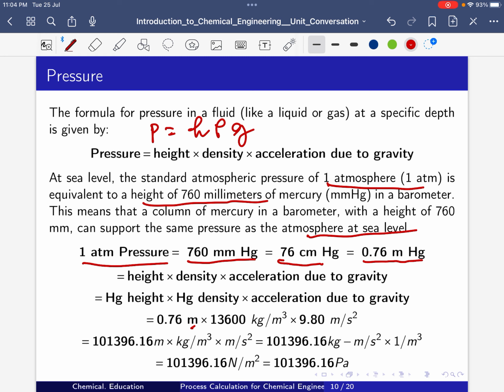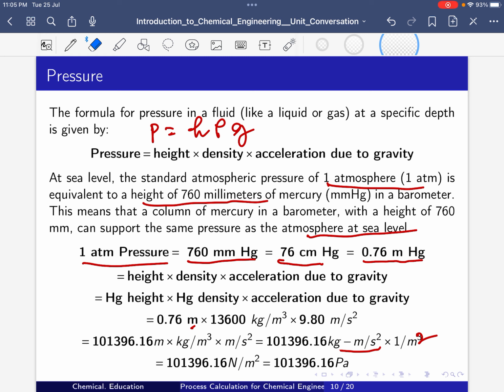So meter will cancel, so that will be meter square. So 1 kg meter per second square is nothing but a Newton. So Newton per meter square is actually Pascal. So now, 1 atmospheric pressure is equal to